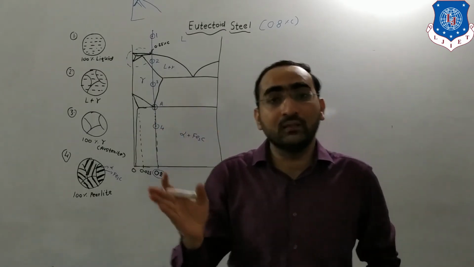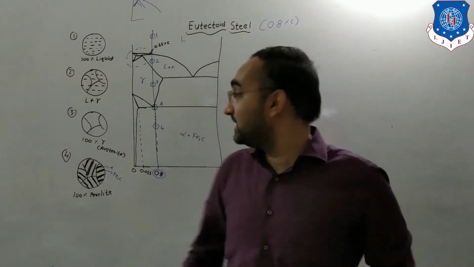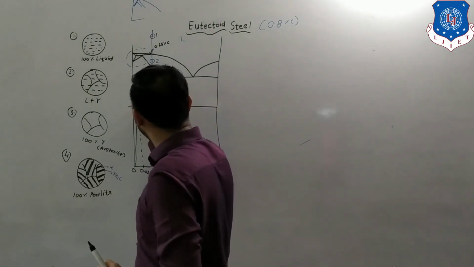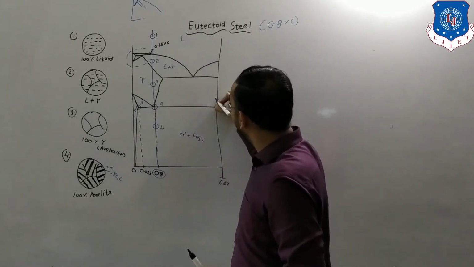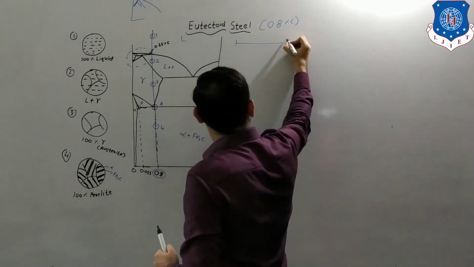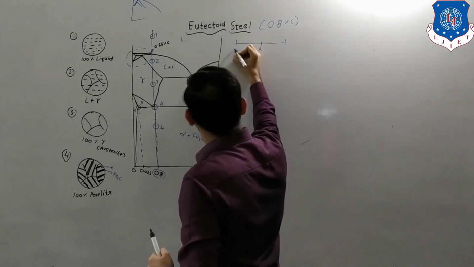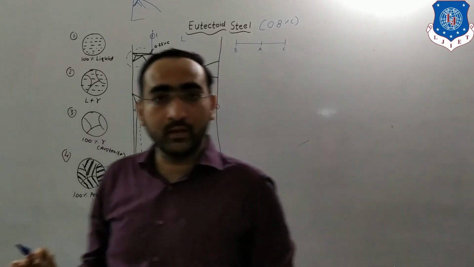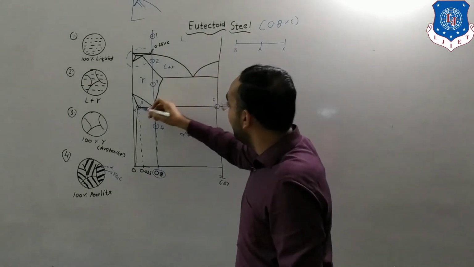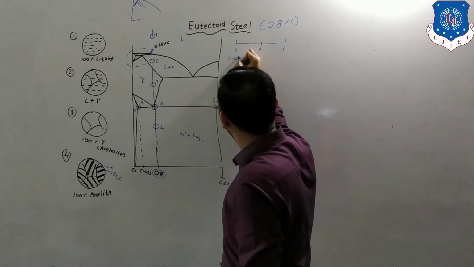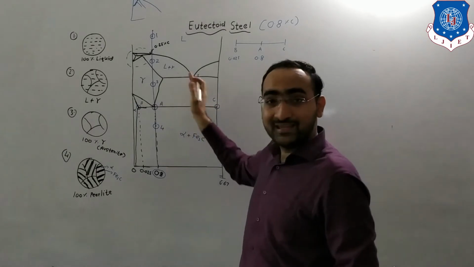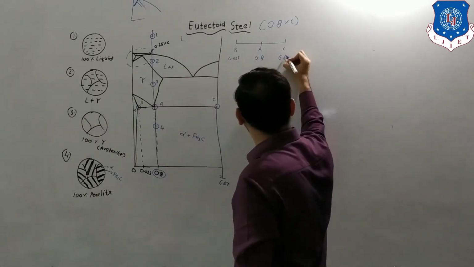So for that, plot the extreme marks of your ferrite and cementite. That is this point, because ferrite starts over here. Let us take it as B. And the other point, cementite, will be your C. A, B, C. Now, give the plotting of our percentage carbon over here. B lies at 0.025. A is our line on which we are working, 0.8. C will be lying at 6.67.